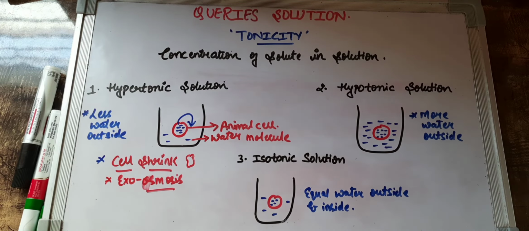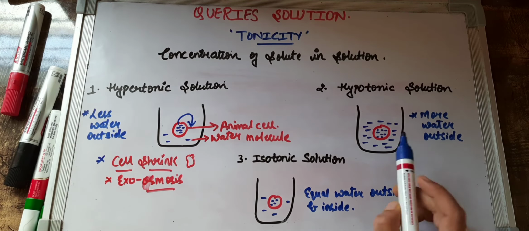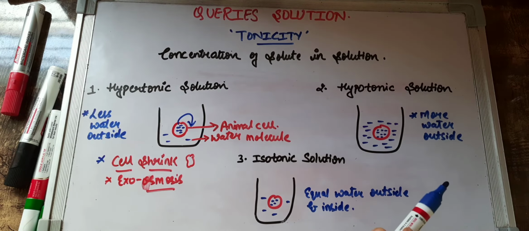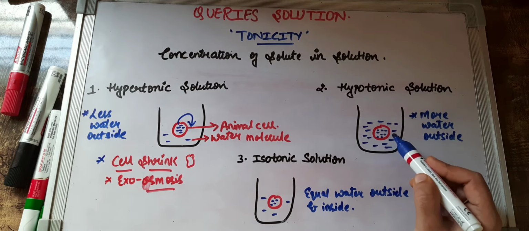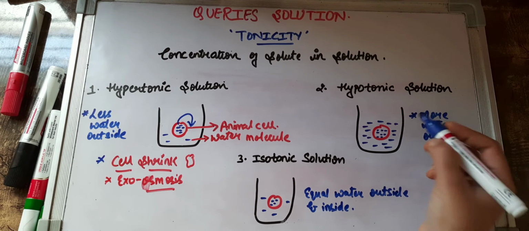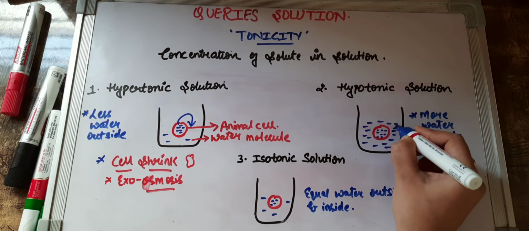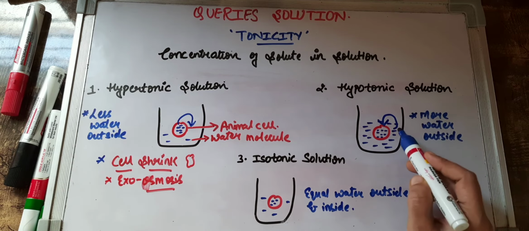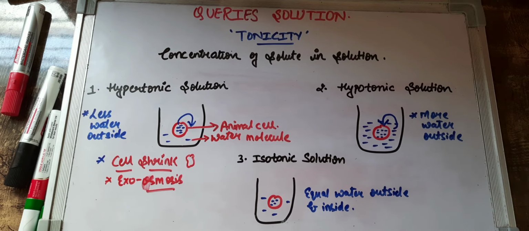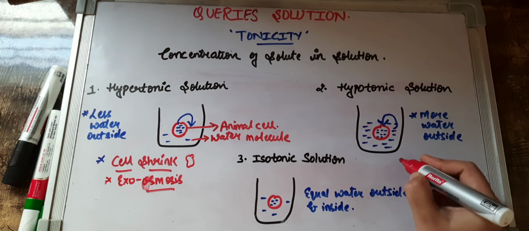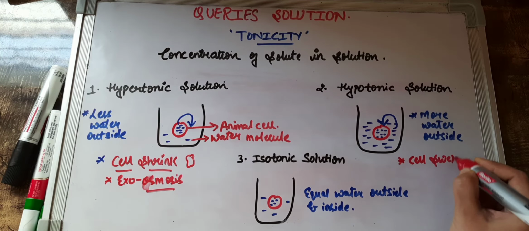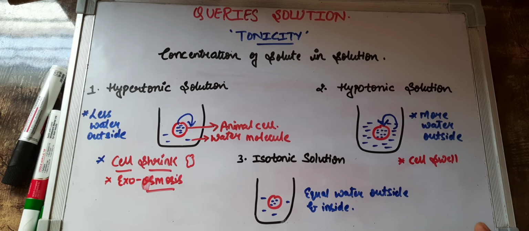So what will happen in this case now? Where there is higher concentration of water? Outside. Where there is lesser concentration of water? It is there towards the inner side. So what will be the movement now? The water will move from higher concentration to the lower. That is, the water will move from the outside to the inside. So in such a case, what do you think will happen? Since water is entering, the cell will swell, right? Because more and more water will get inside.